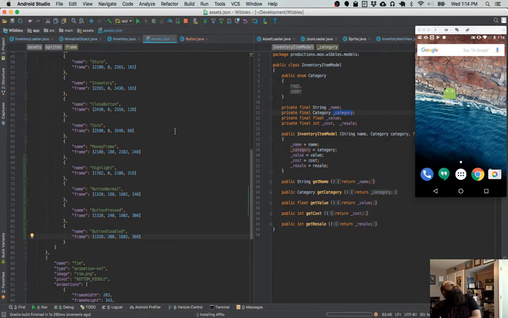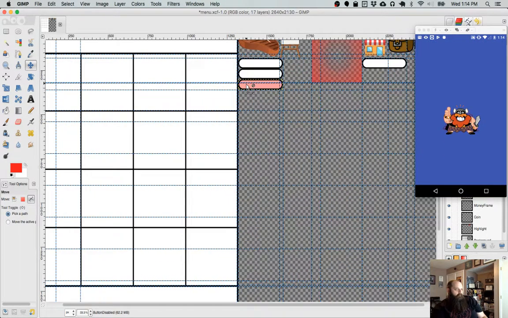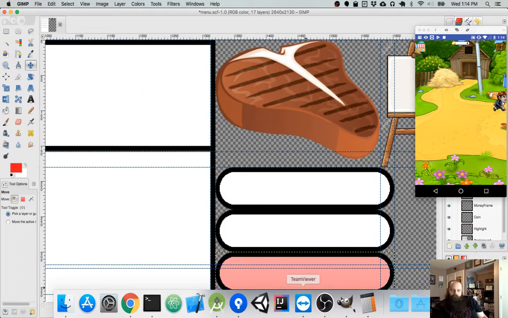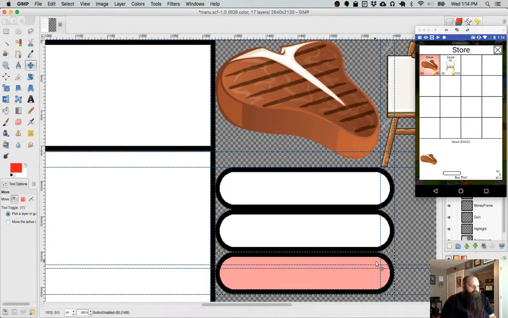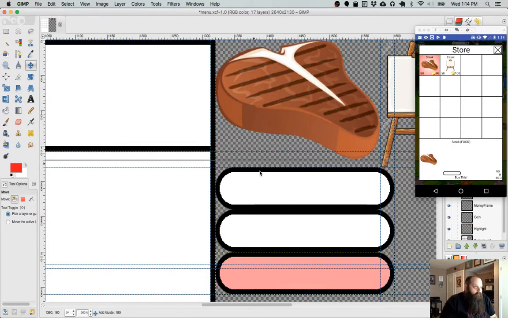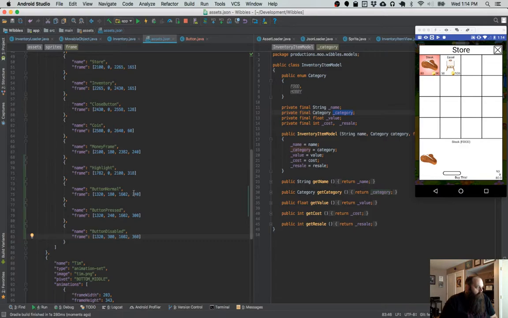The height looks messed up too, though. So let's look at that. Starts at 180 and goes to 240. 180 to 240. Yeah, okay. So